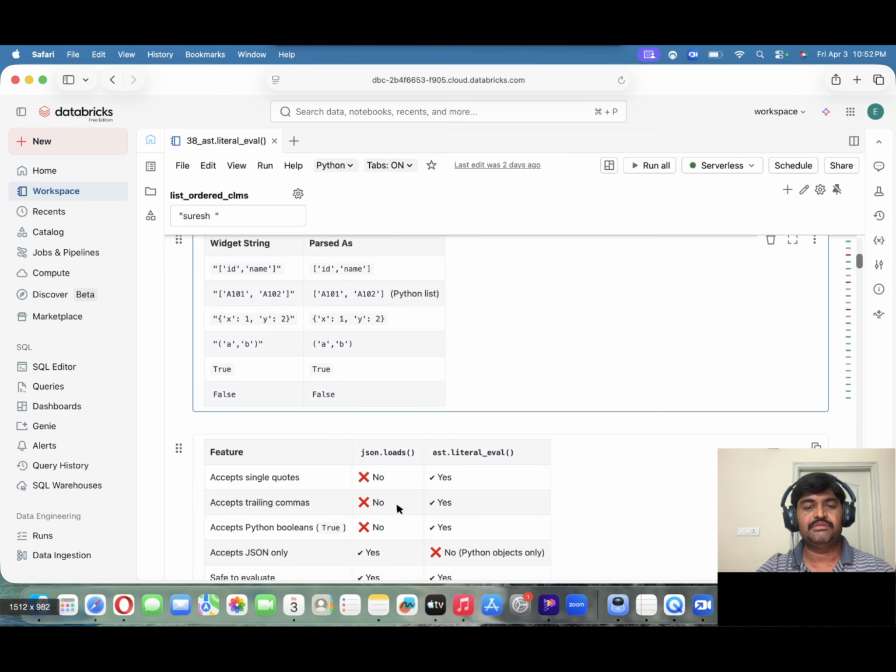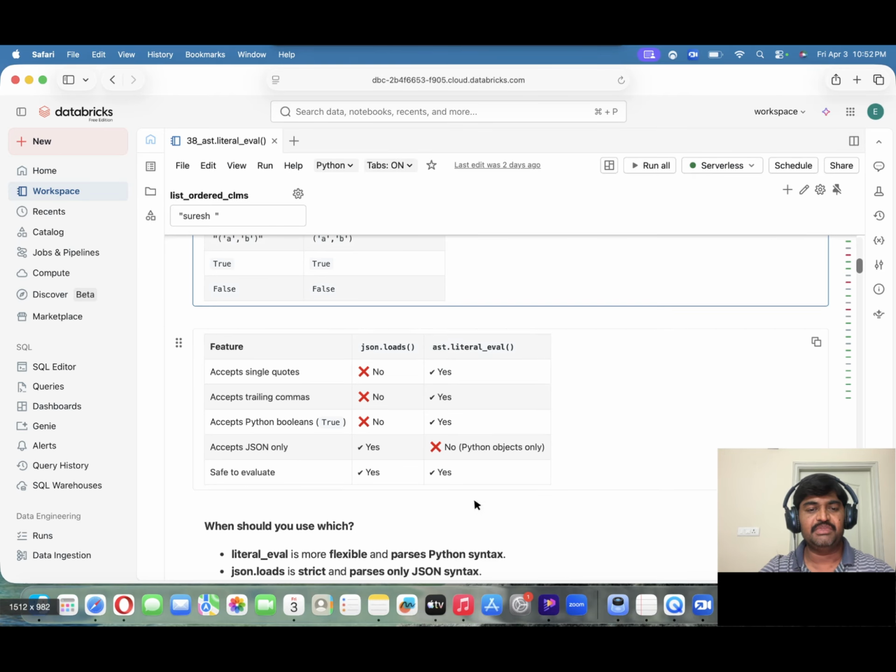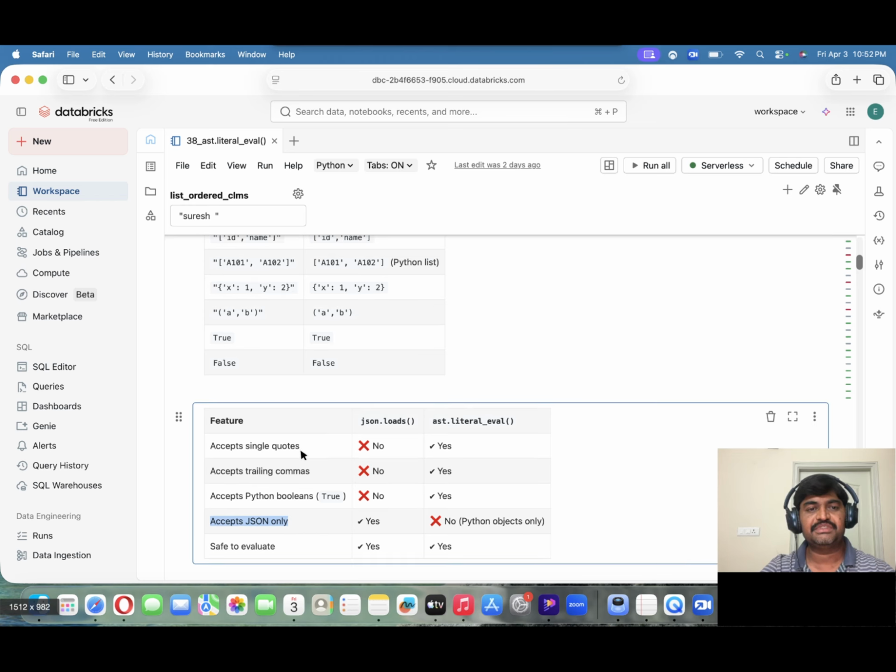So json.loads won't accept this, but this function allows it. Similarly, for Boolean values, either true or false, the first letter is capital. In that case, json.loads won't accept it, but this function allows it. And it accepts JSON only. So that means strict JSON means